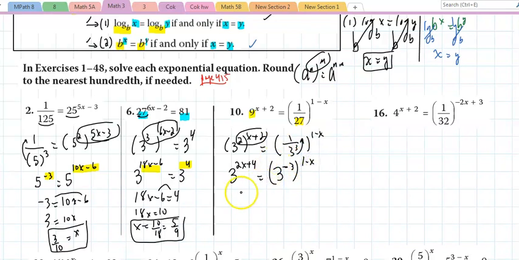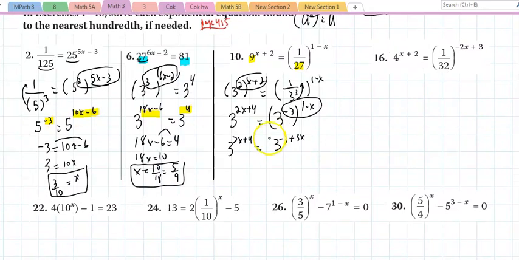But let's stick with this. 3 to the 2x plus 4 equals 3. And if you multiply those, wouldn't that be negative 3 plus 3x? And now that the bases are the same, I'll set those powers equal. I'll say 2x plus 4 by the